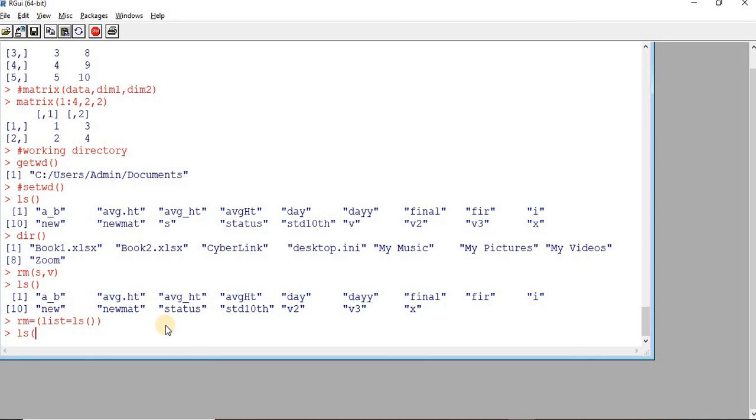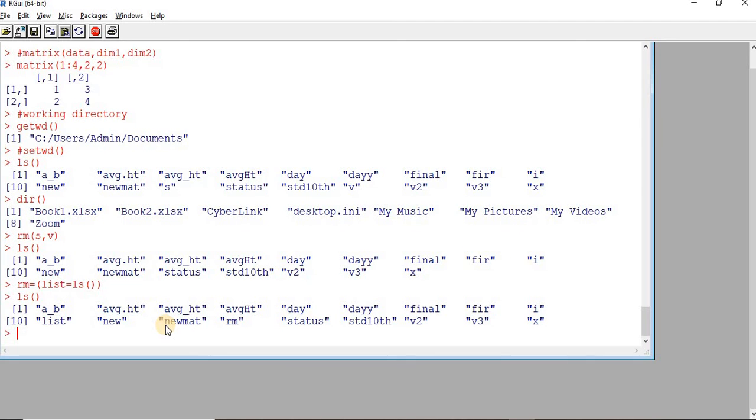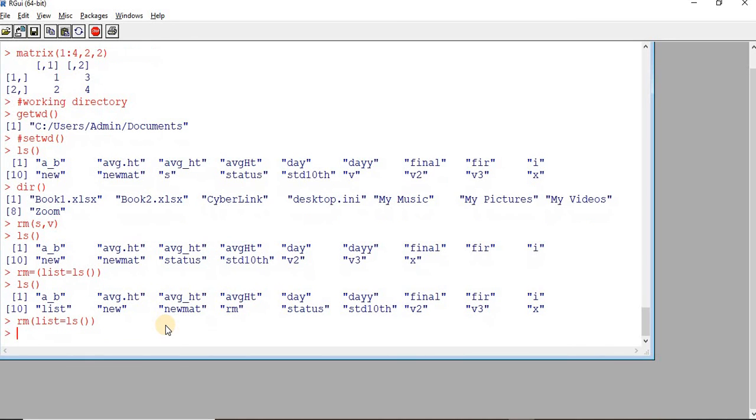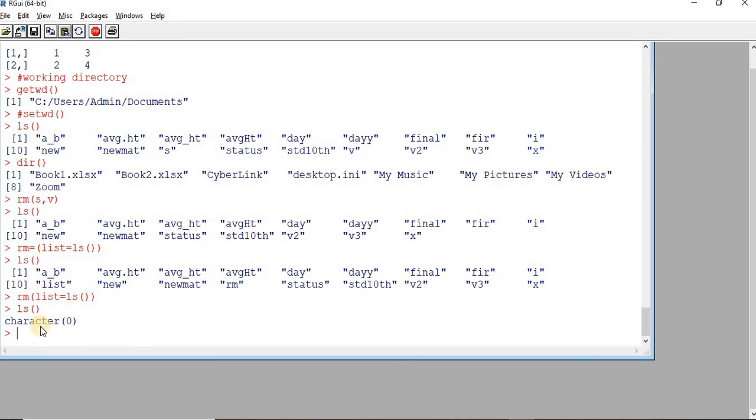Now let's check it with ls. Yeah, we are not supposed to assign it. You remove this equal to. Now check. Okay, there is no object available because we have applied rm, which removes everything in this list. So this is empty now. So don't try it unless required.